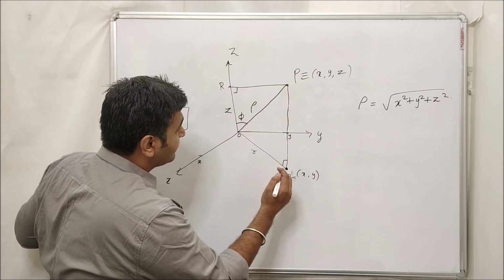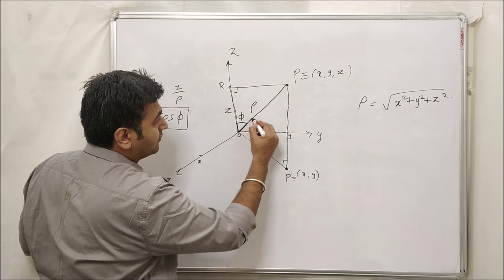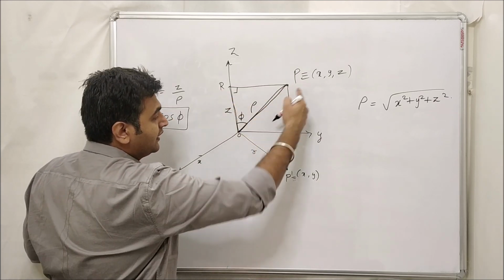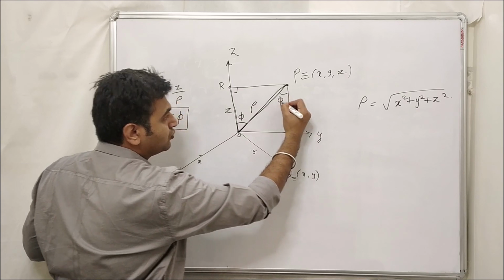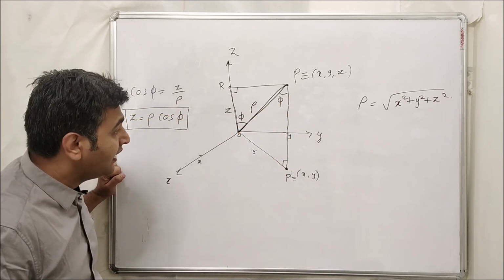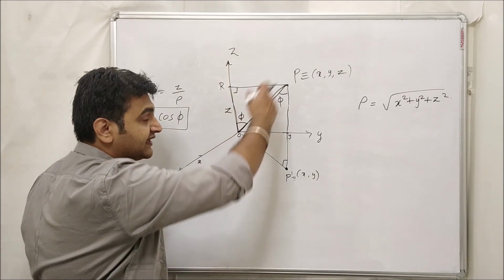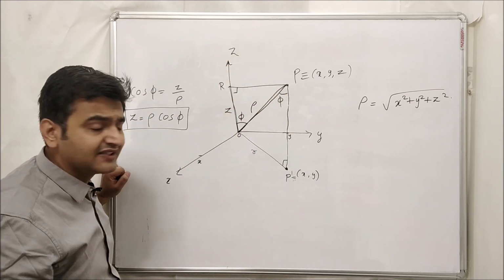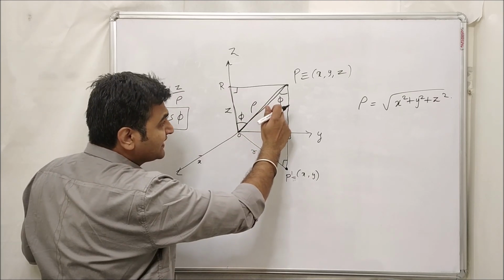Now if you observe this one, R, O, P and O, P and P prime, these two angles are the same, alternate angles, right? Because this line is parallel to the z-axis. So this acts as a transversal, your standard high school geometry. So these are alternate angles. So this is equal. Now what is my sine phi?